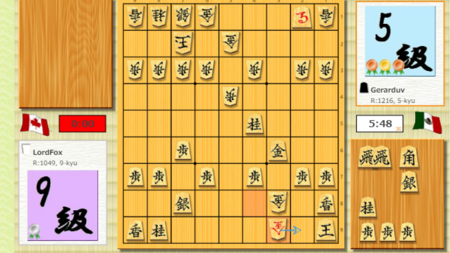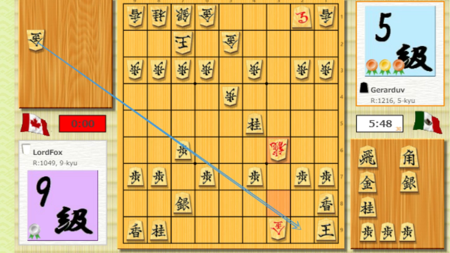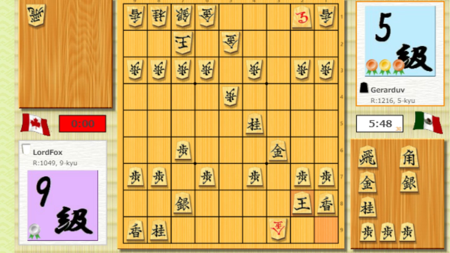This is one of those situations they call no gold, no defense. So if he does like this, you just grab it, and then you can just do like this, threaten mate. Yeah, so remember this saying, no golds, no defense. I suppose you can also grab like this, but yeah. Anyway,